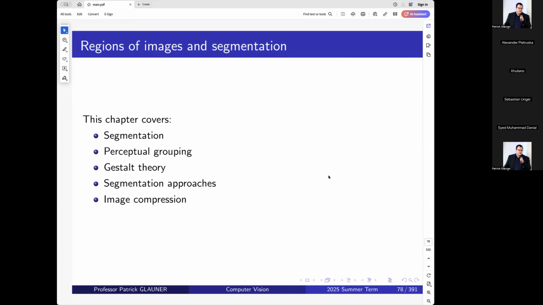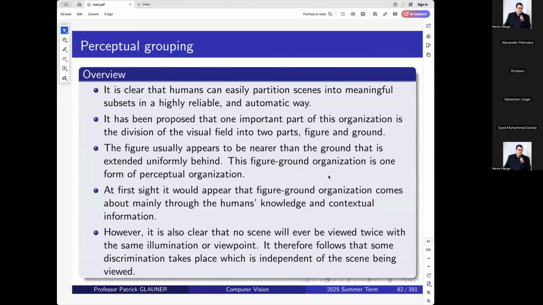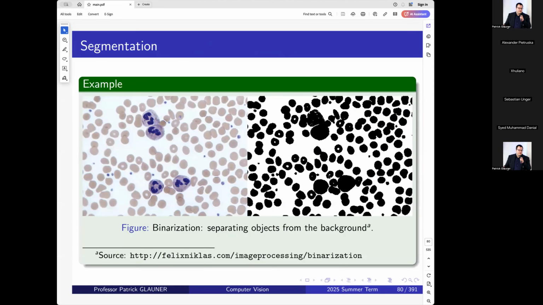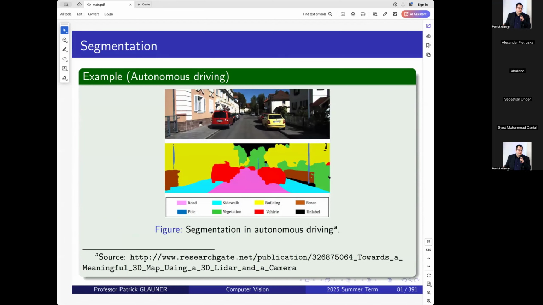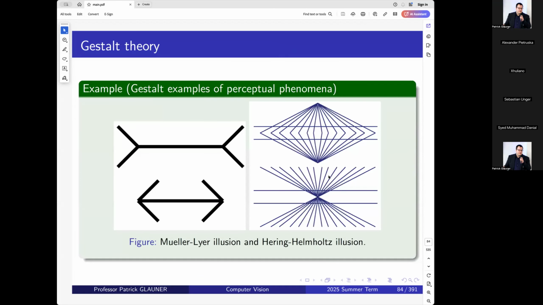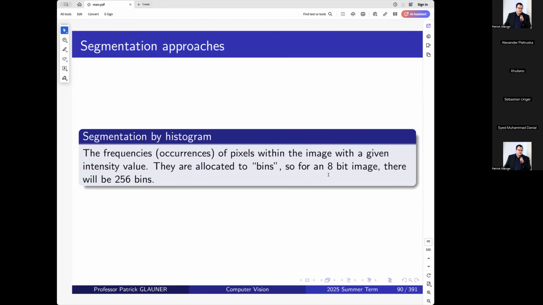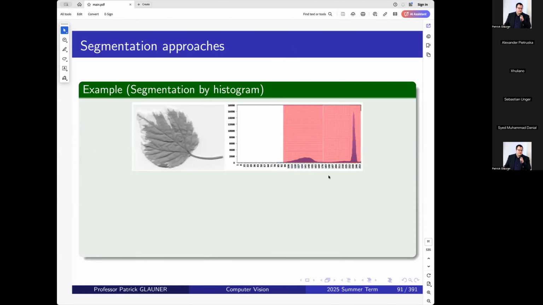Two weeks ago, we looked into regions of images and segmentation. We first of all looked at what segmentation is, looked at some simple segmentation that we could do, like binarization, and looked at more complex segmentation issues. We looked at psychology, in particular, Gestalt theory, to maybe get some ideas about how we can do segmentation in terms of rules. And we saw more complex segmentation approaches, like starting with histograms